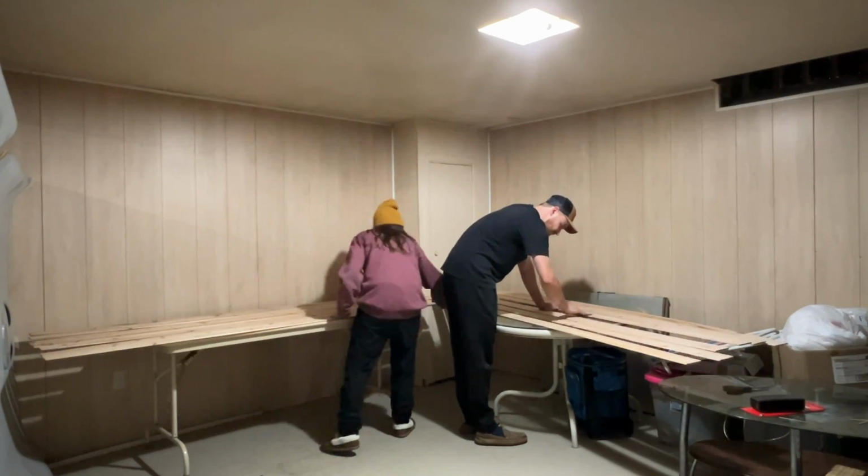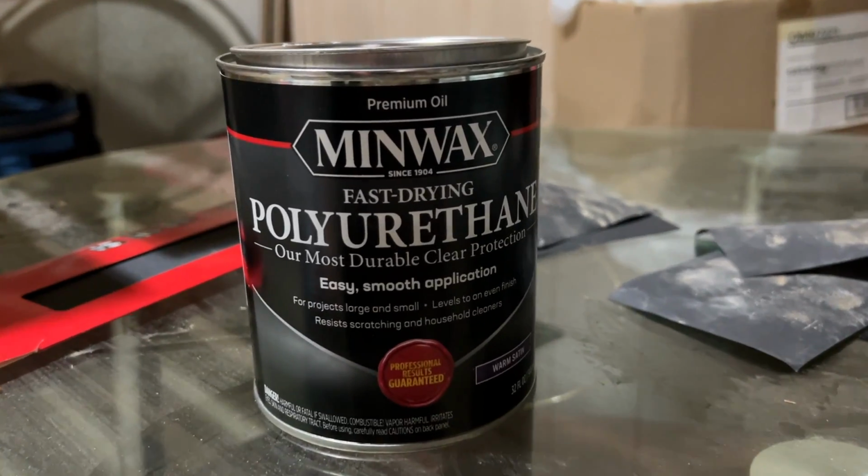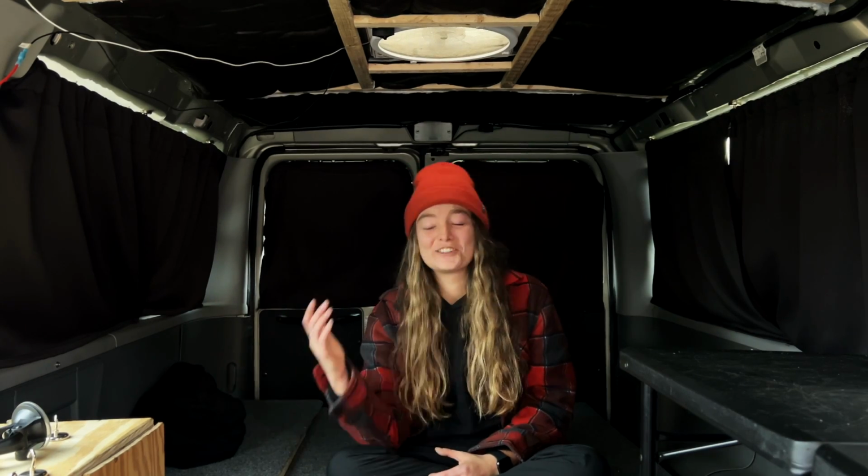So while we were doing the insulation, we've been running back and forth, and we actually have been putting a clear coat of just polyurethane to basically finish and protect all the panels. And yeah, I am super stoked. The last coat is finally dry, so this morning we're going to actually start putting things up, which is